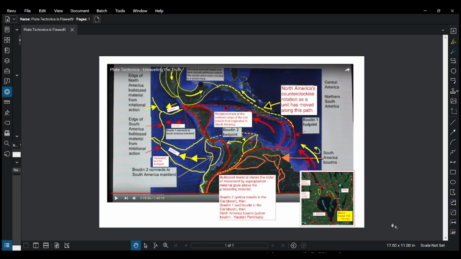All right, what we have here is Central America. So you see boudins in different phases here, okay? You have an earlier phase here, see where I'm circling, a red boudin and a yellow boudin stuck there for a while. That's why you see like a fossilized imprint, so to speak. And then they moved to where they are today, which is here for the red one, here for the yellow one. You can see like an actual dynamic where in the headwinds it got bent and all that, okay,